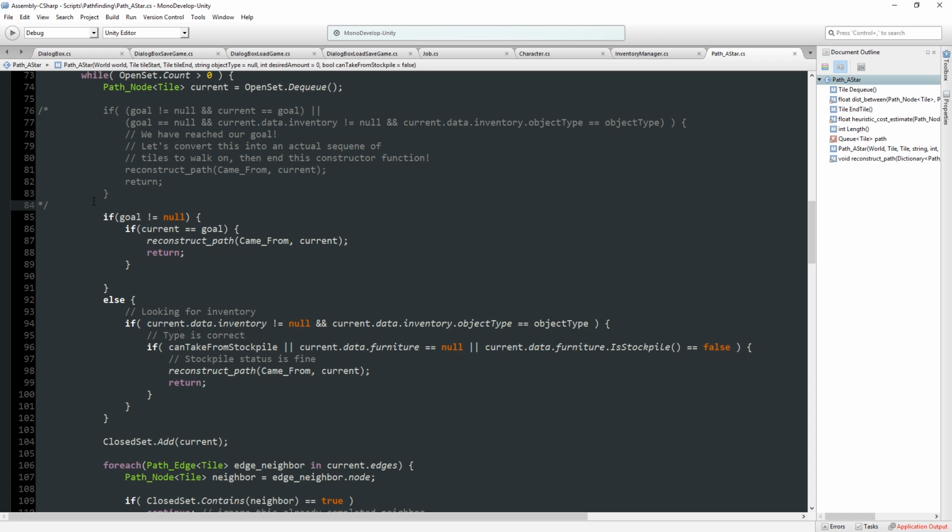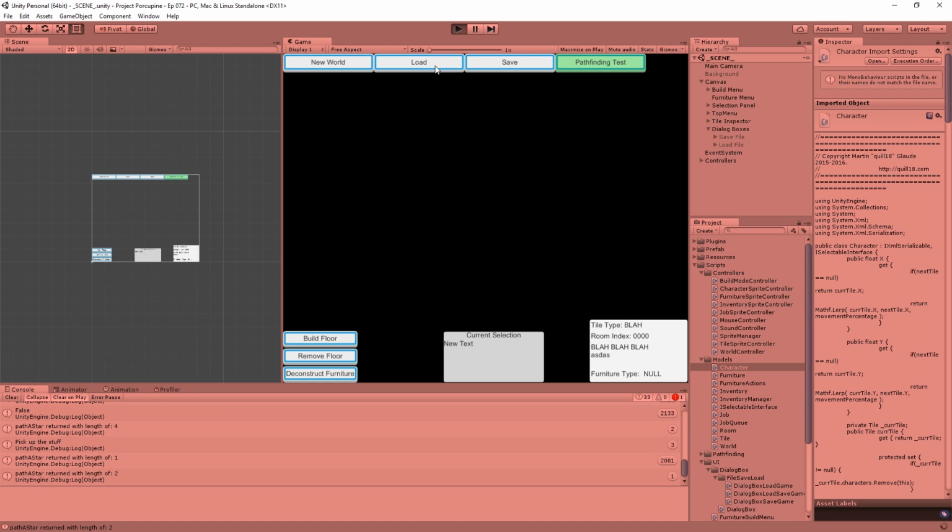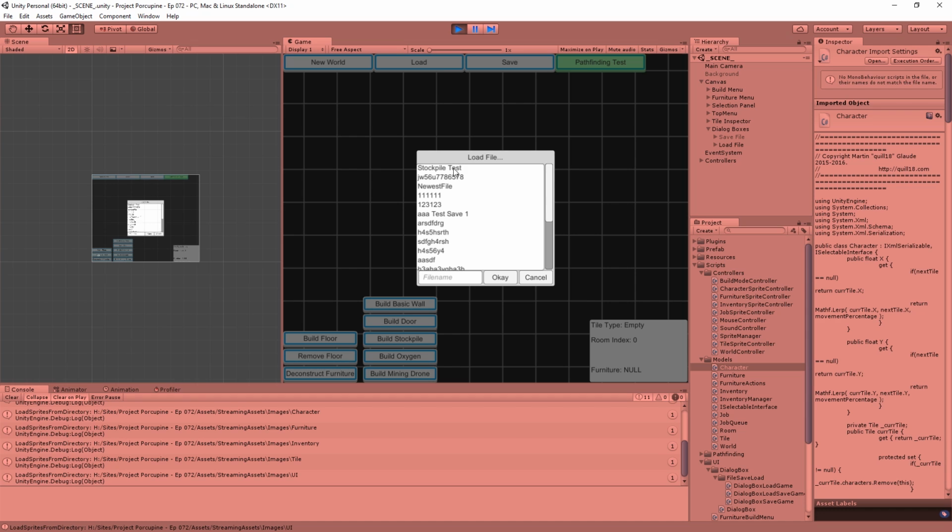I'm just going to comment it out for a second, because this one is wrong because it's not checking to see if it's a stockpile and if we're allowed to take from a stockpile. It works perfectly fine, except it doesn't check the stockpile information. So if I hit play and load our stockpile test,